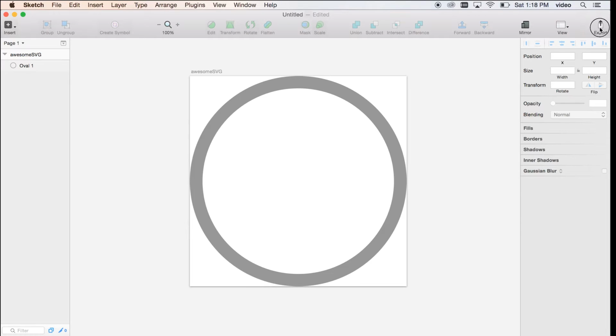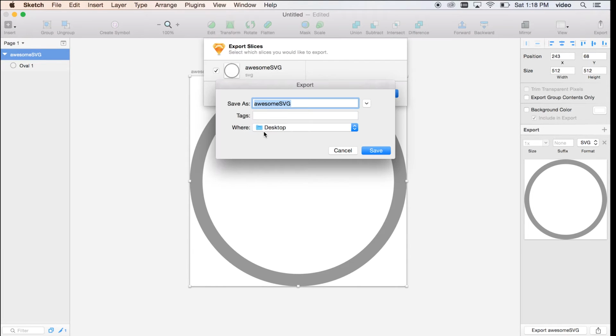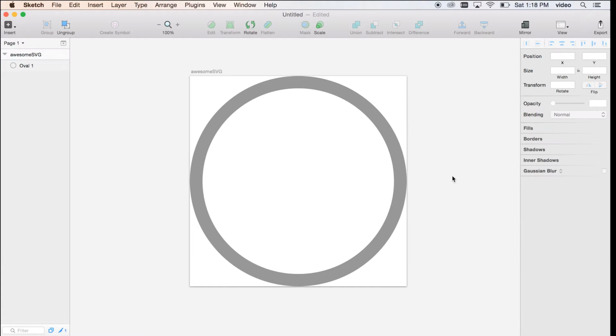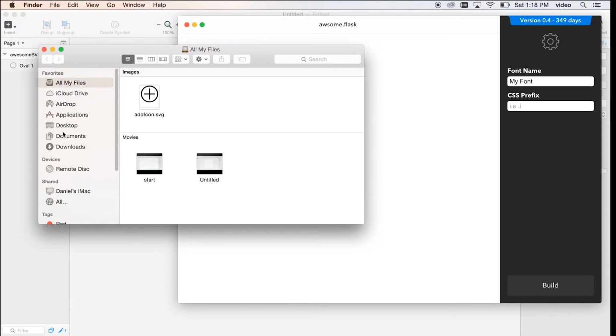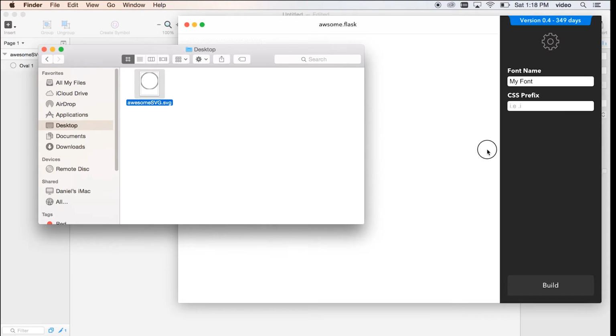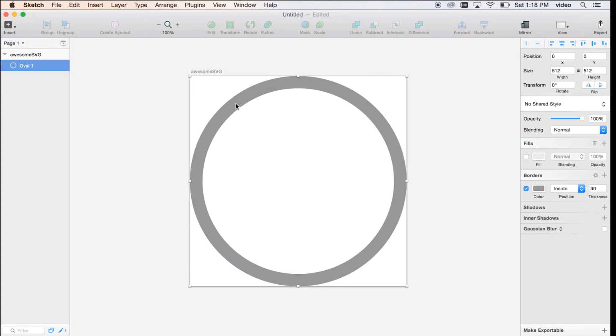Now, if I was to export this now as an SVG, and I try and put it into Iconical, I wouldn't have much luck. See, it only really knows about the fill shape. So we need to take this path here and make it a fill object, not just a vector with a